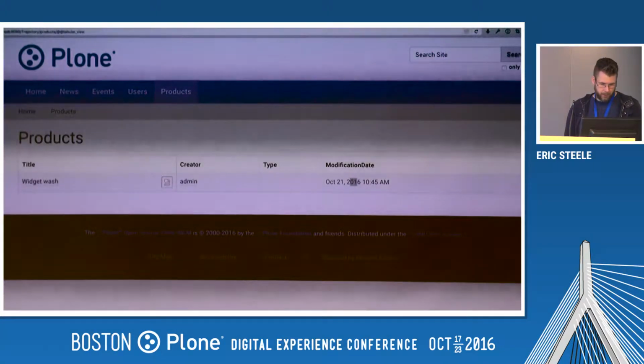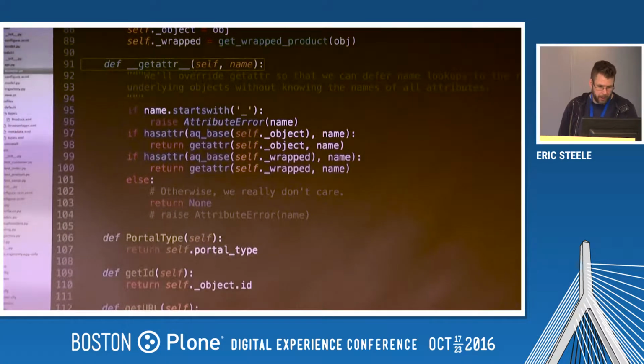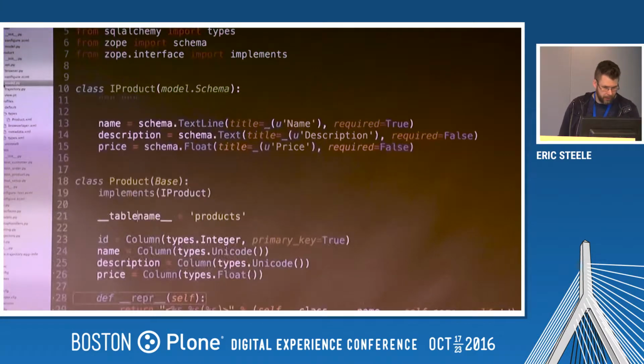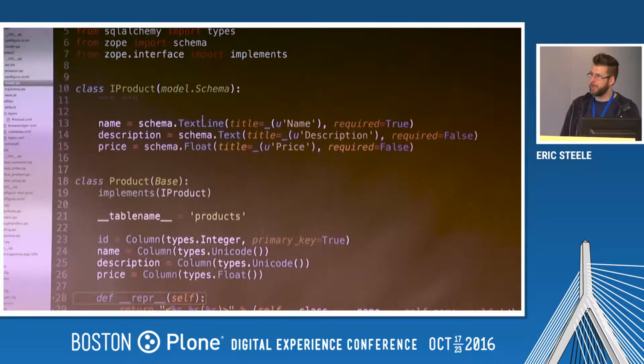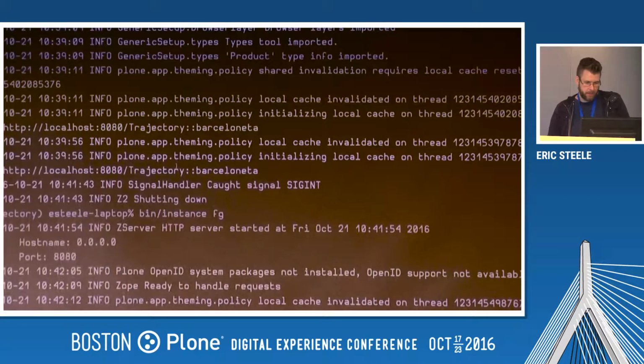So we have product listing, and we can click in and view it. The other thing we can do is create, and I hope I'm not making anybody motion sick with that, we can create a schema for it. And I would love to find out a way to map between the SQLAlchemy definition and the Zope schema definition. I have not worked that out yet. But we can basically take these same fields. So we have our name, description, and price. We define them up here as the same thing, so name, description, and price. And we can use that to create,